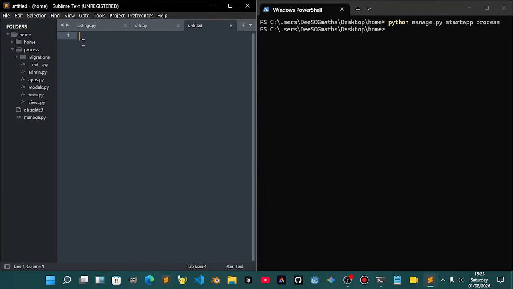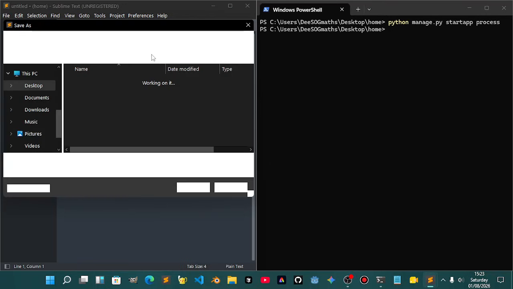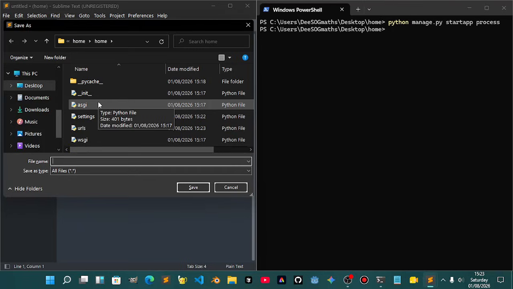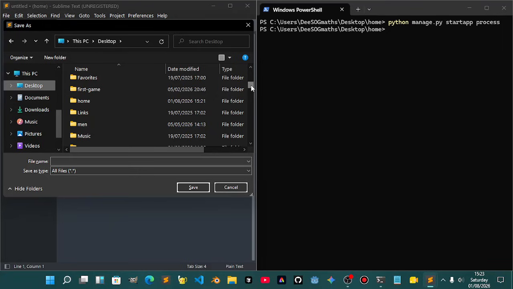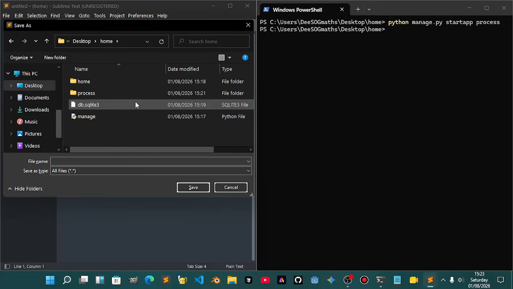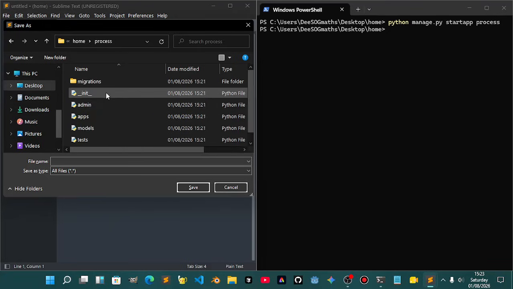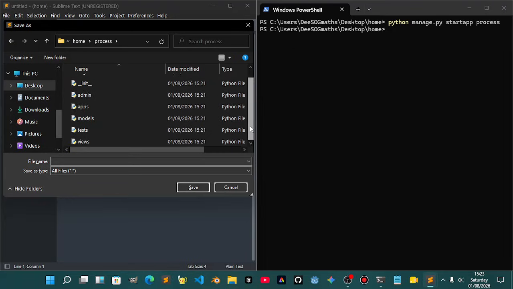Let's create a new file, and we are going to name it urls.py. If we press Ctrl S to save this file, we want to save it where? If we go back, I think we save that in desktop. Let's look for home in processes, right? Yeah, so this is where we want to save that file. So when we save this here, it needs a name,